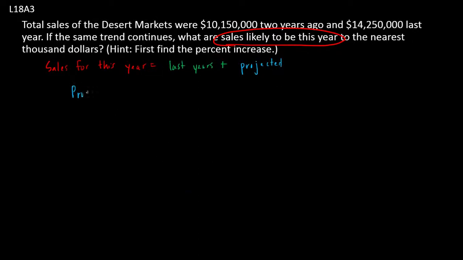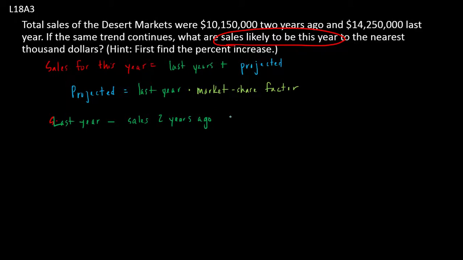Now we find our projected sales by taking our sales from last year and estimating by how much they're going to grow. So what's our market share factor? So we multiply by our market share factor. Now here's the tricky part. We're going to say sales for last year minus our sales from 2 years ago equals sales for last year